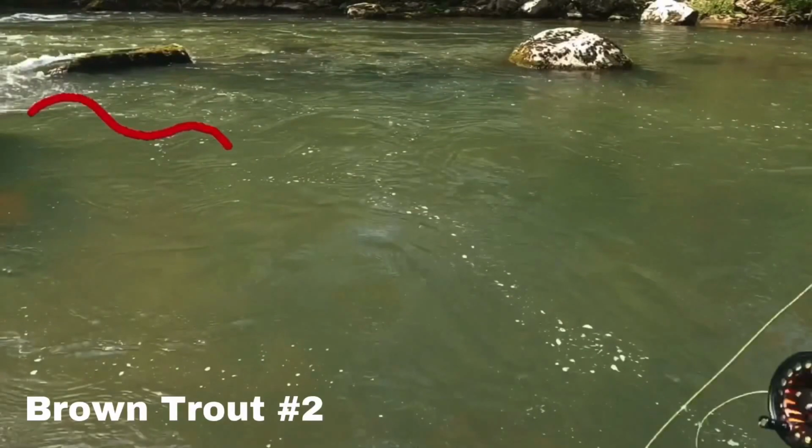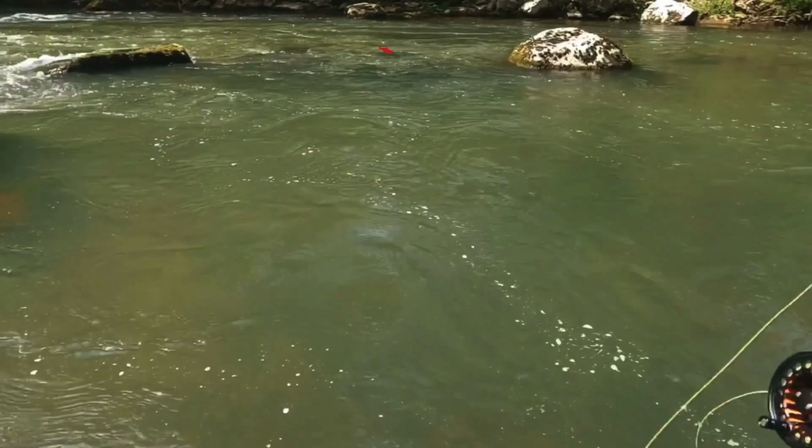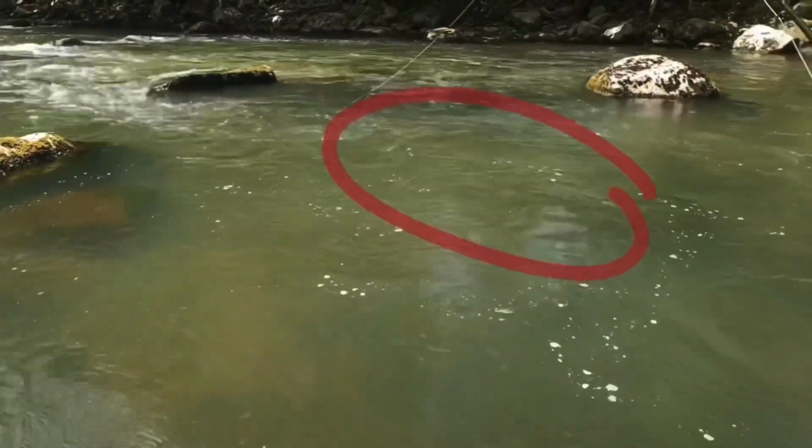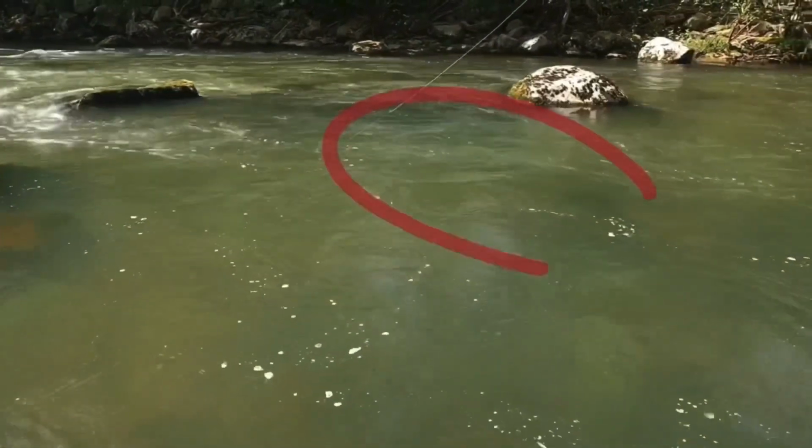First brown trout landed and released. Let's cast some more in the same area, along the same seams, or maybe even some different seams. Get a good drift right through that area where they typically hold in the slower water,